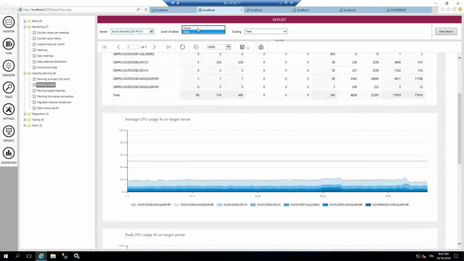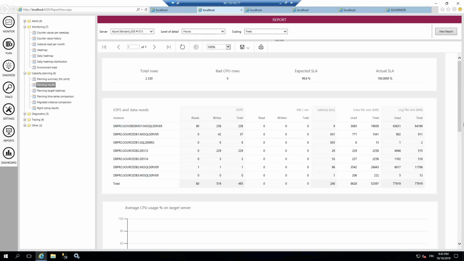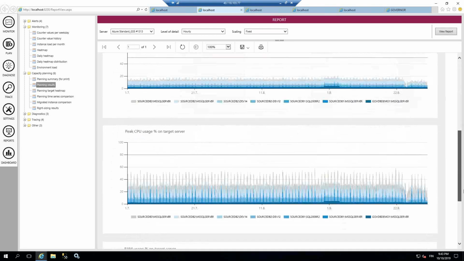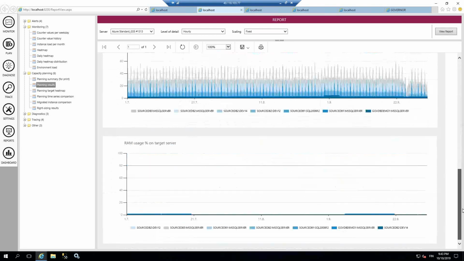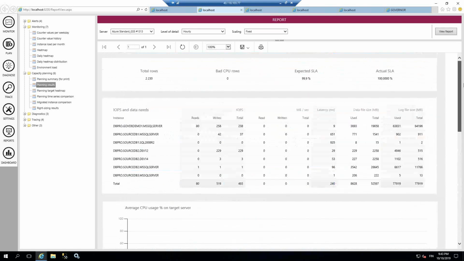And instead of daily granularity, we can go to hourly granularity. This takes, let's say, about 10 seconds before it calculates all the time points for this visualization. But then we see more details on how the instances are stacked over this forecasted three years of time. Okay, here is how they behave, we can see. And RAM usage is almost nothing, at a few percent level. So that's